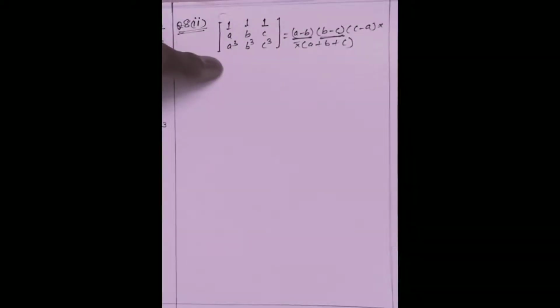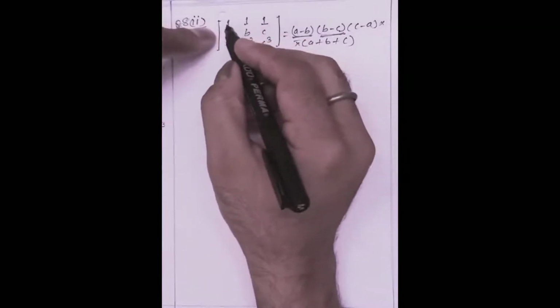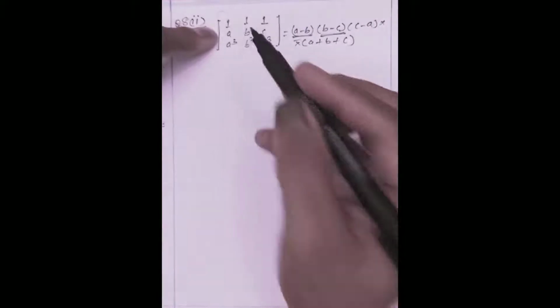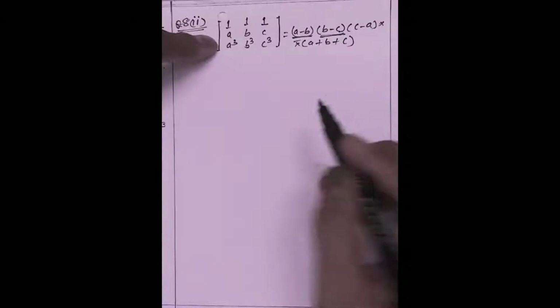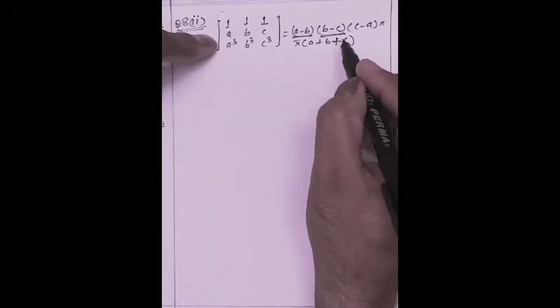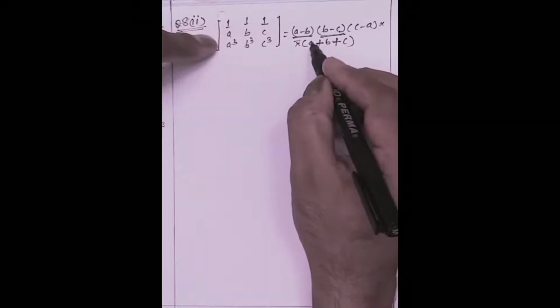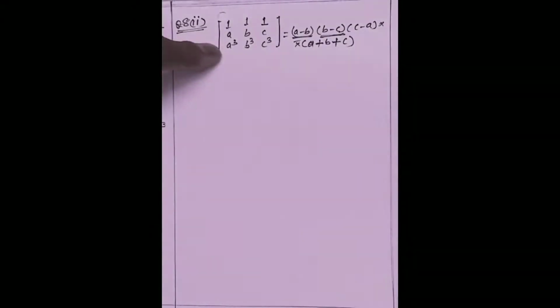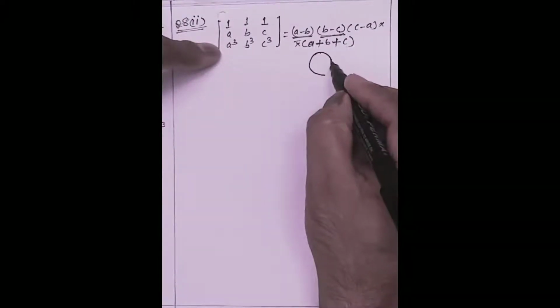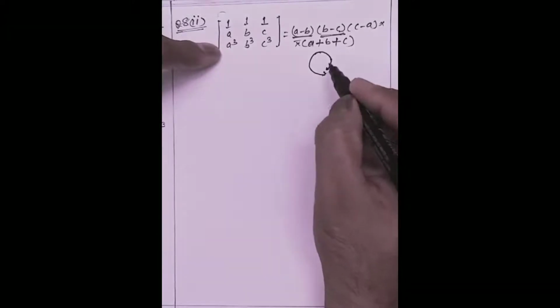We have studied one property of determinant: if all the elements of any row or any column are 0, then the whole value of the determinant is 0. In general that is okay, that may be the case, that the value of the determinant is 0. But in this question you have to prove the right hand side, so you must be eyeing the right hand side all the time, what you have to prove. So for that, just remember, you cannot complete this particular circle. What I want to tell you is that a break should be there.